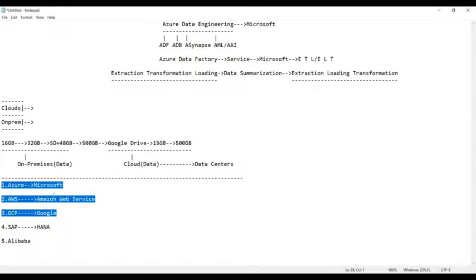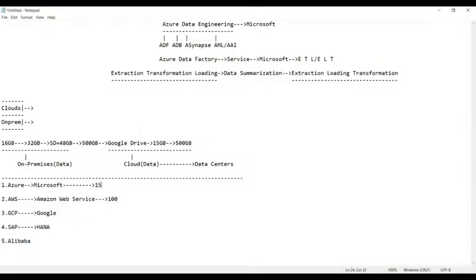Amazon was number one before. Now it has come down to the second position, and you can say it has even come down to the third position. Why? Amazon is more costly. The job which you can do here requires 100 rupees, while the same service is provided by Azure in 15 rupees.